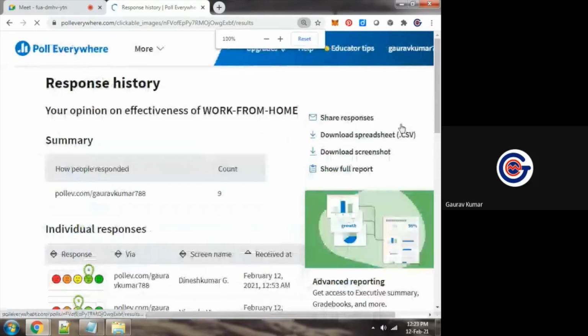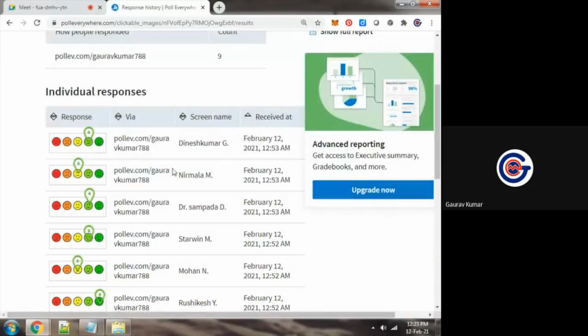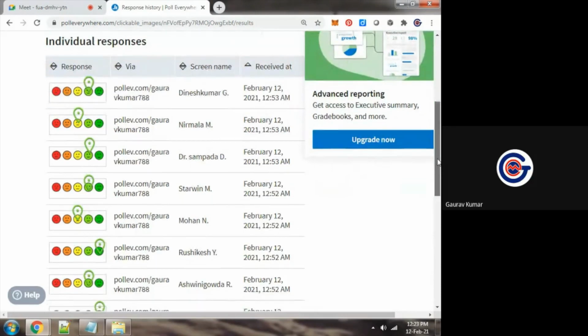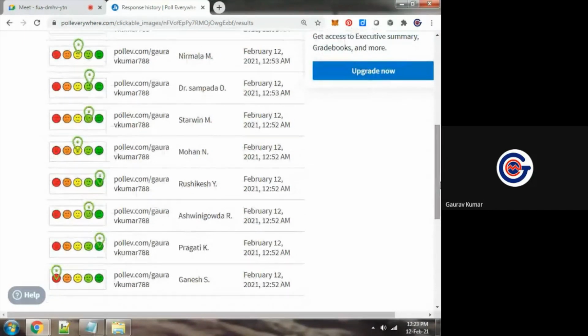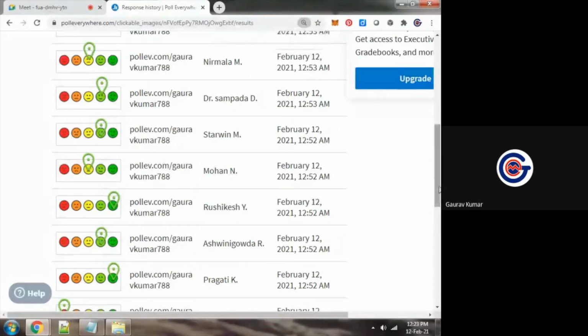Okay, so you can see that Dinesh Kumar G, happy, Nirmala M, neutral, Dr. Sampada D, happy. Okay, very happy, Rushikesh Y. Is it correct, whatever you have sent? Are these the same emotions that you have sent?